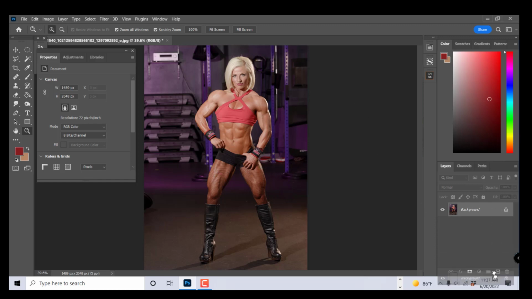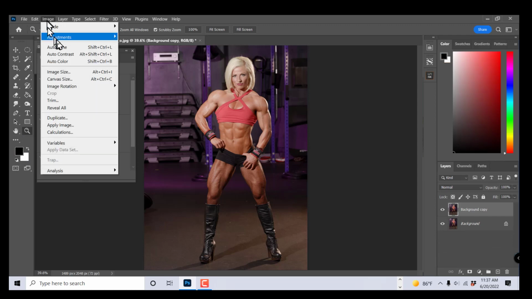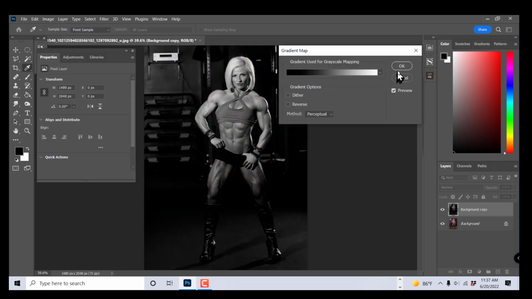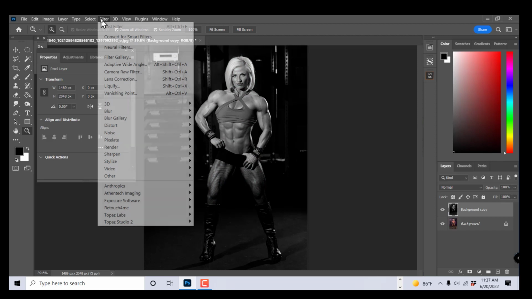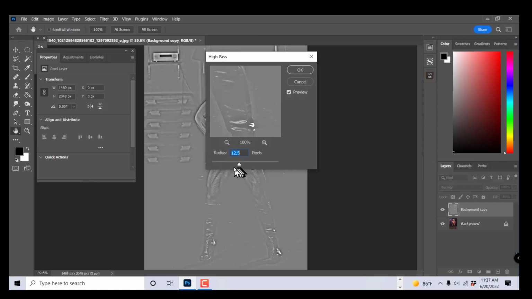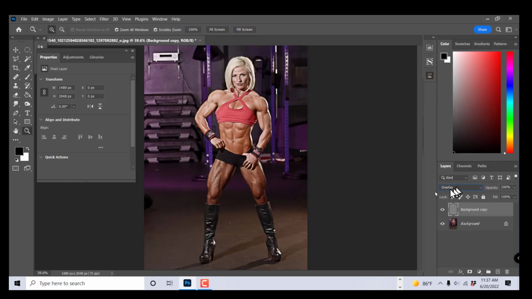So then last, if you want to make an image really super grungy, I like to do image adjustment gradient map. There it is, which makes it black and white. And go filter other high pass. Really crank this up. Tell it OK. Change the overlay mode to overlay. Get that really grungy look. And if you want to take it off, of course, black hides, white reveals. So if I want to take it off,